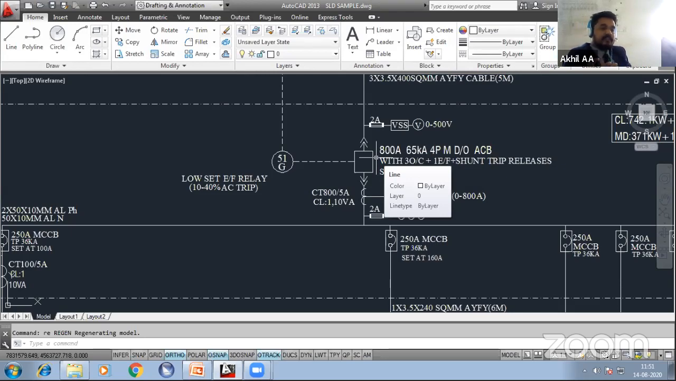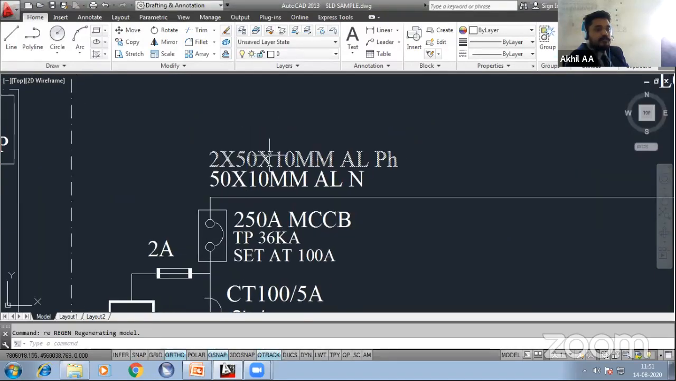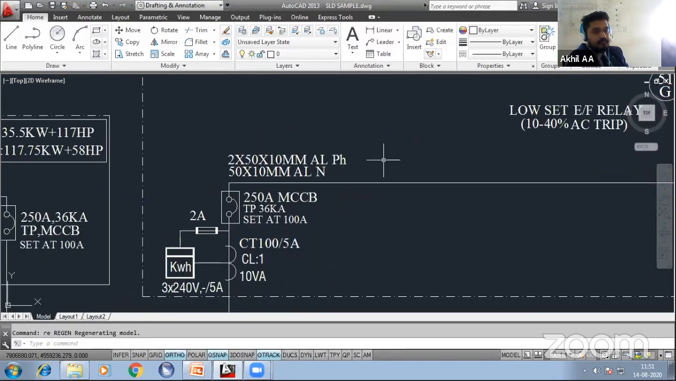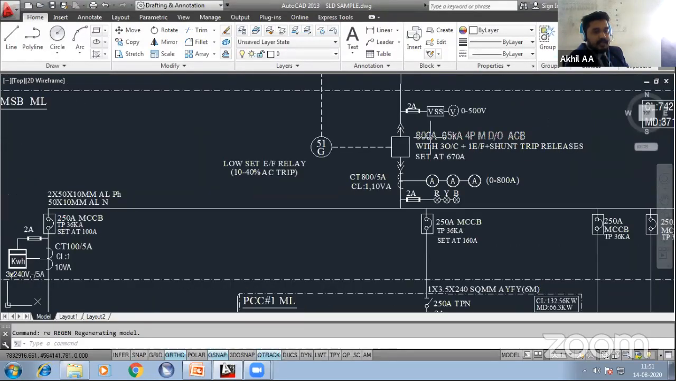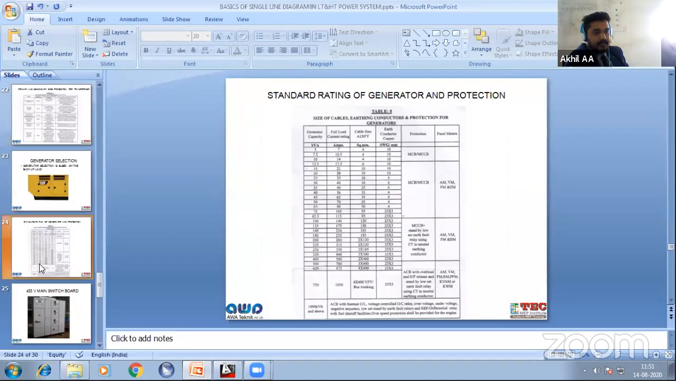You will be giving this to a contractor or a panel board manufacturer. He'll be manufacturing the panels, the main panel or the HT panel, according to your single line diagram. So you have to make sure you have given all the details correctly. Here the bus bar size is 2 run of 50 into 10 mm aluminum, because we have taken the current as 800, right? As you can see in the slide, the bus bar size